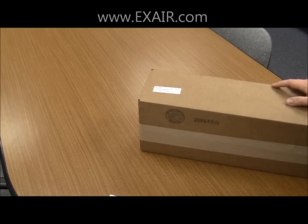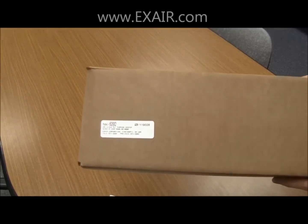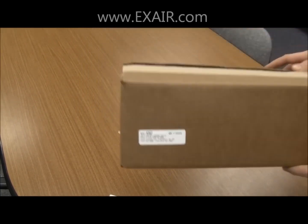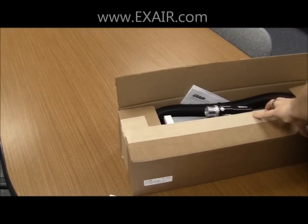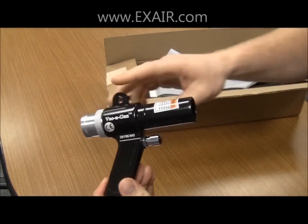Today we are going to be discussing the X-Air vacuum gun. Here in this box we have a model 6392 vacuum gun all-purpose system. When you receive this system, in the box you will have a vacuum gun,